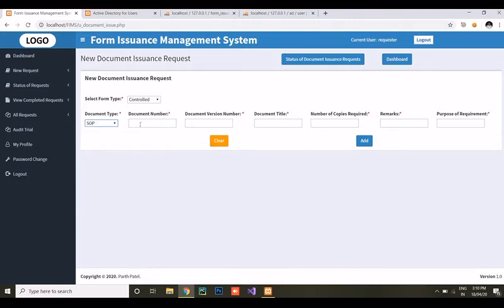So I will select SOP, document number, version, document version 1, document title, copies 0, remarks,